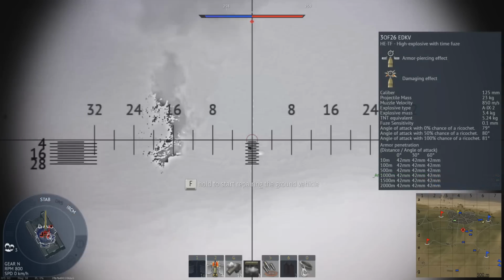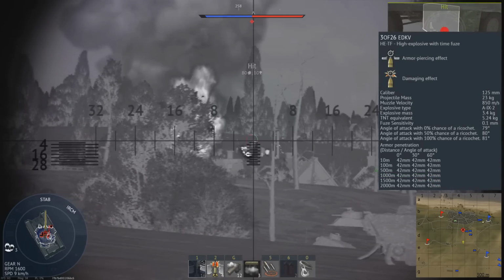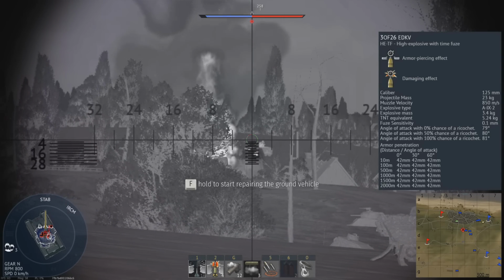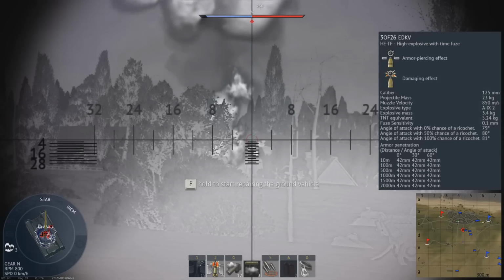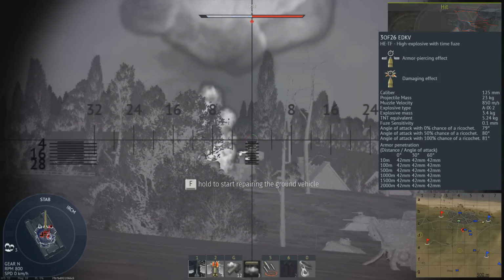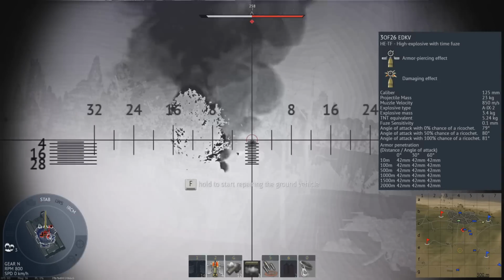This is the old 3OF26 high explosive shell, fitted with a timed fuse. You set this fuse by using your laser rangefinder. While initially this sounds good, if you set the fuse to a moving target such as a helicopter, by the time the round is fired, the helicopter will typically have gotten closer, and the round will pass right by it,